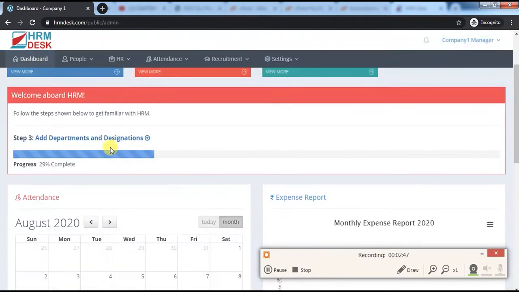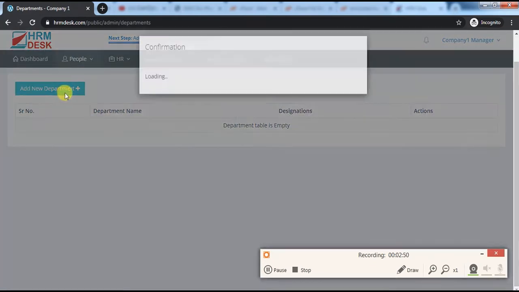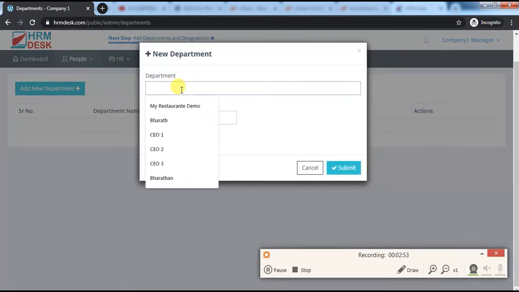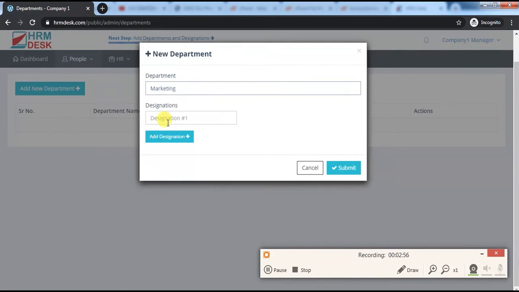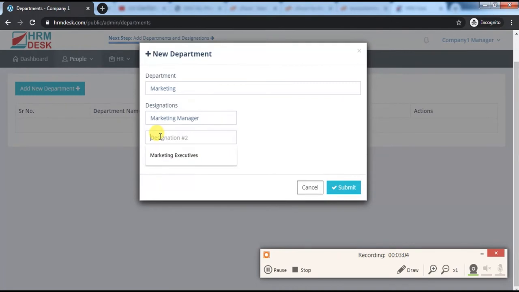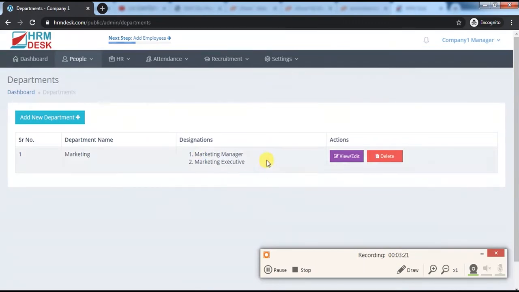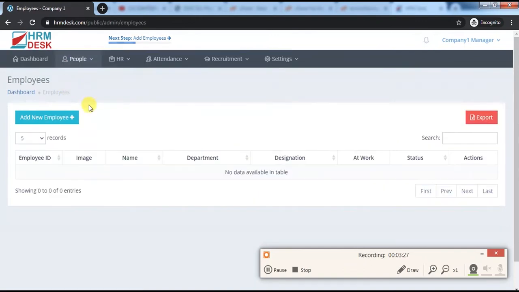Go to dashboard, create departments, so marketing, manager, marketing manager. So you are adding designations, marketing, executives, executive. So you can add a number of designations, you can submit. So you created the department, and you can add employees, like